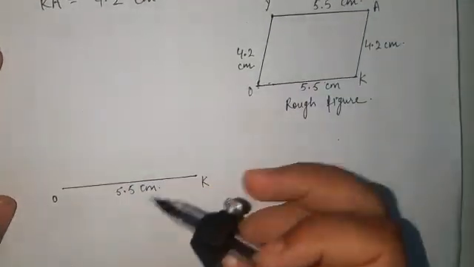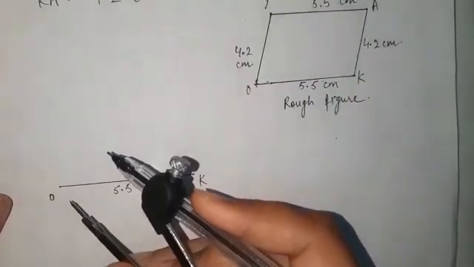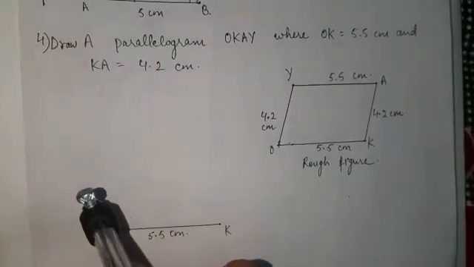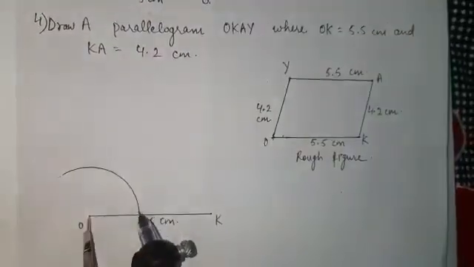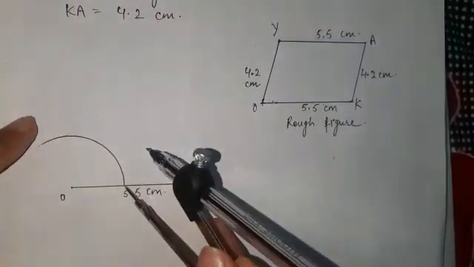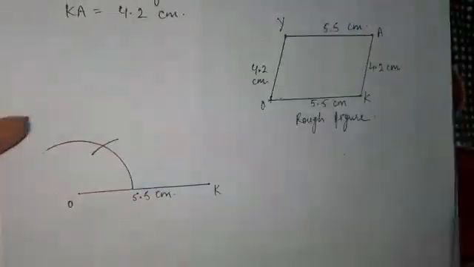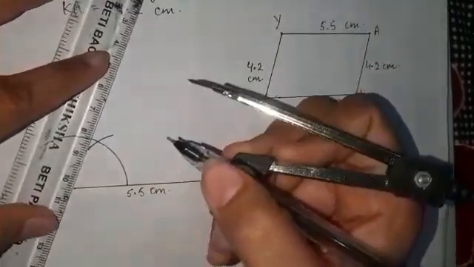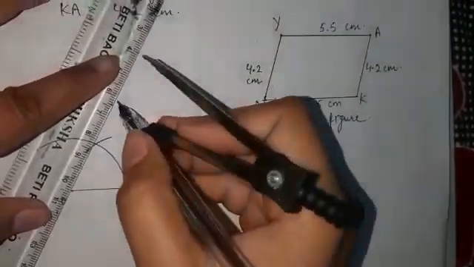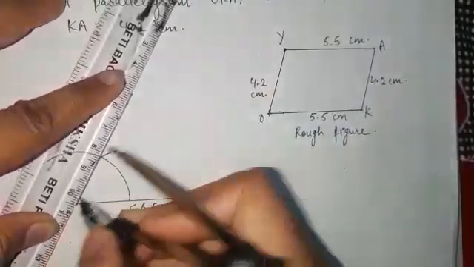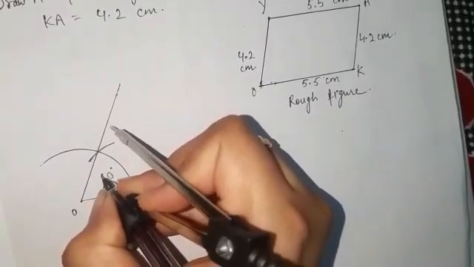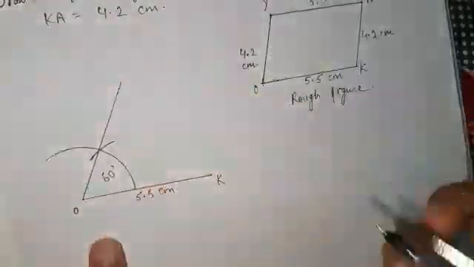So for that you can draw any angle at point O. Any angle means the easiest angle to draw is 60 degrees. So let's draw the angle of 60 degrees. This is how we draw 60 degrees. The first arc represents the angle of 60 degrees, and then join it. Make an angle of 60 degrees. Any angle you can choose. You can draw 90 degrees also.